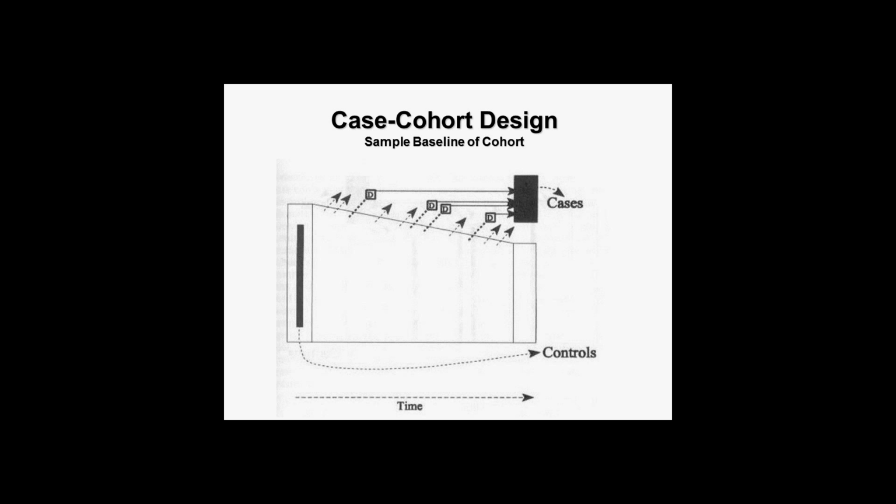Why is this different than a traditional case control study? With a case control study, you really can only look at one case. You look at multiple exposures, right? Because you're selecting individuals based upon their case status, you can really only look at one case, unless you use a case cohort design. Because you're using as the control population the exact same random selection, you can actually look at multiple different outcomes compared to this control group. Also, because it's a random selection of the cohort when they first began, you can actually produce estimates of different demographics. It's a random sample, so they should be representative of the